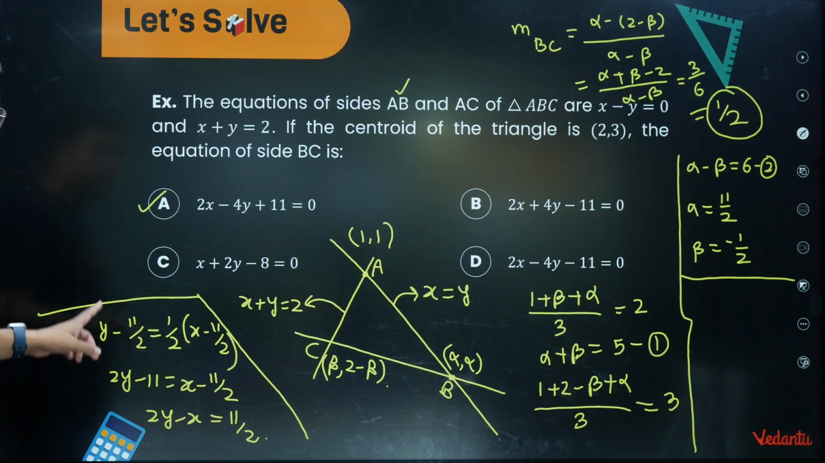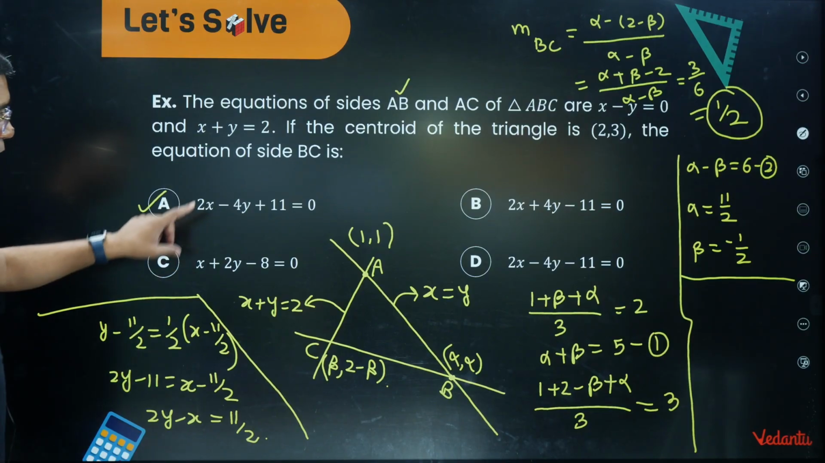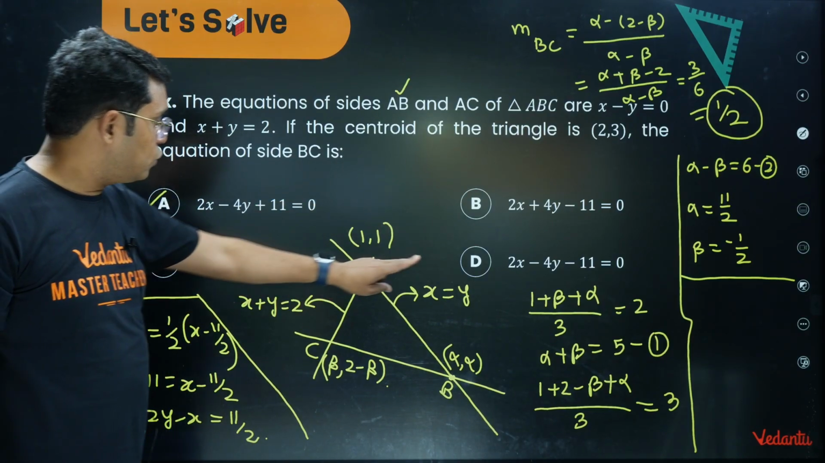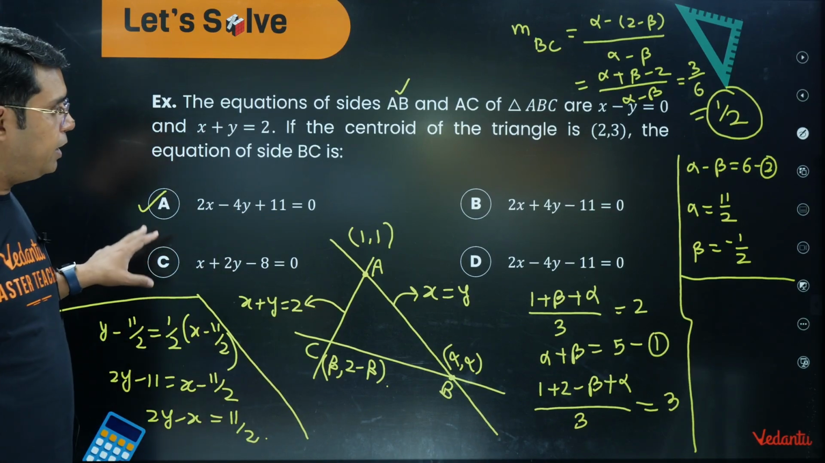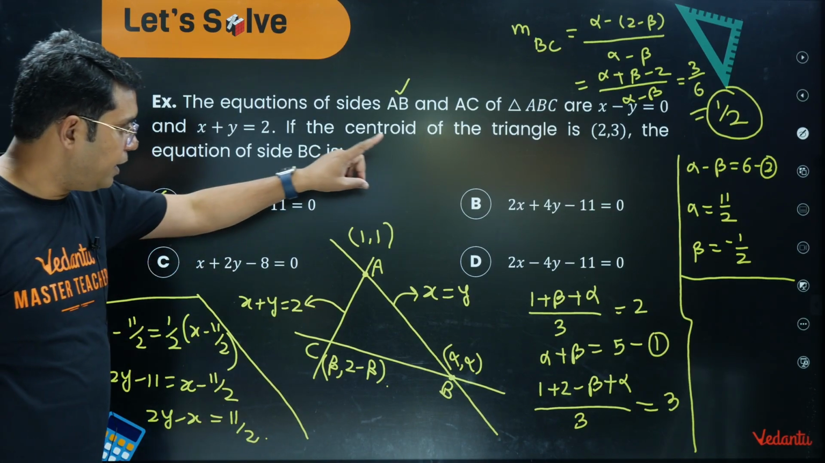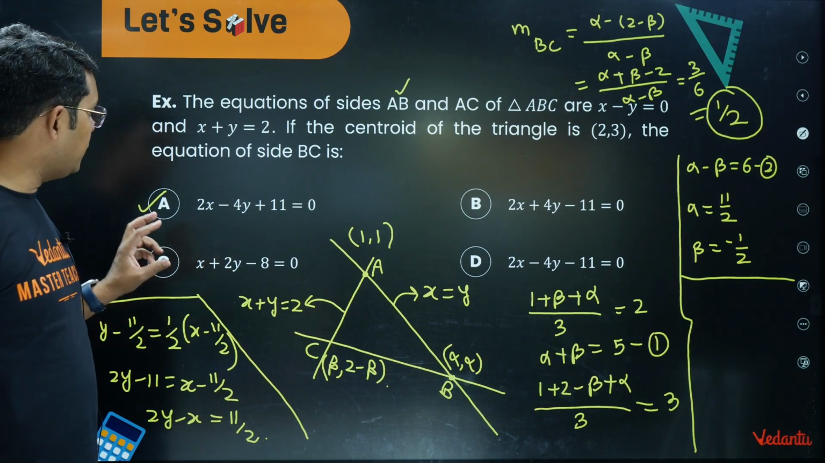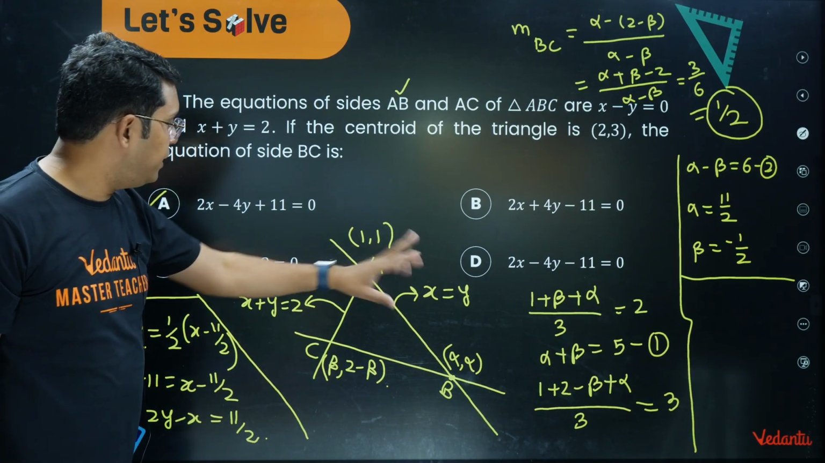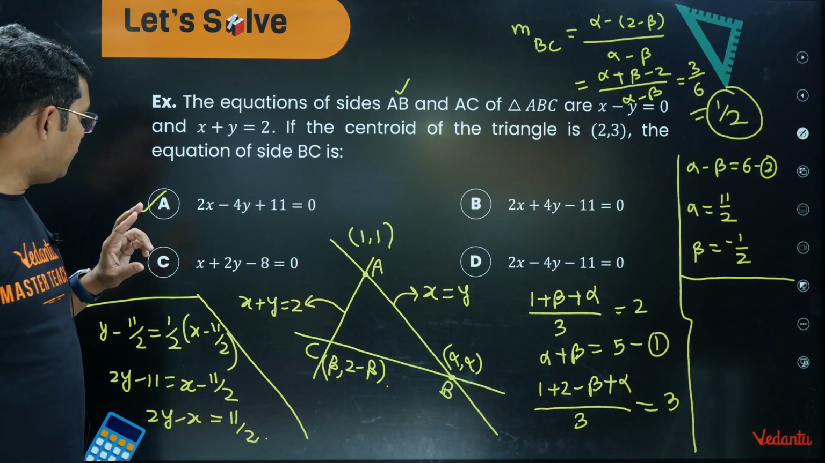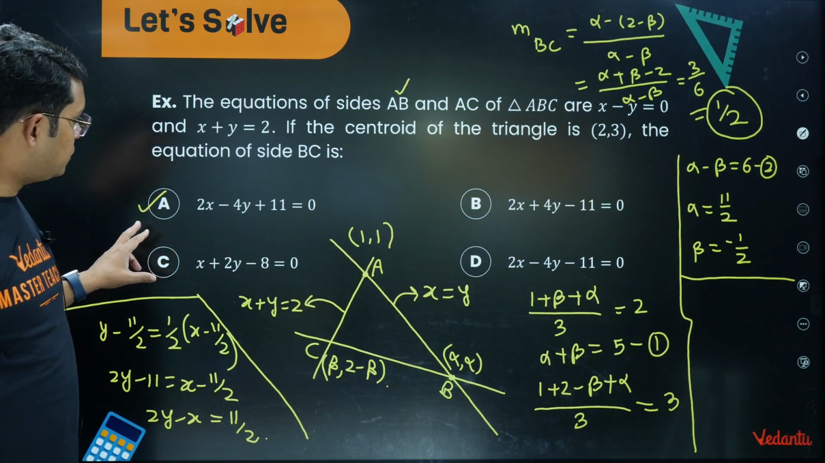In fact, you can check that slope is not matching here. Slope is not matching here. Slope is matching here or matching here. Now you just need to check whether that alpha comma alpha, that is 11 by 2, is lying here or lying here. Okay, so alpha comma alpha is just